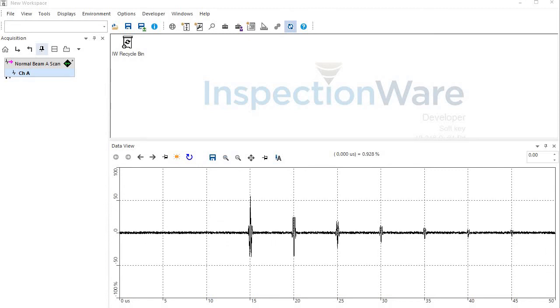So in this video, we're going to have a look at InspectionWare's version control system, which is a system that lets you save versions of your workspace, and it's also useful for working between multiple developers. Okay, so we start with the environment and workspace,